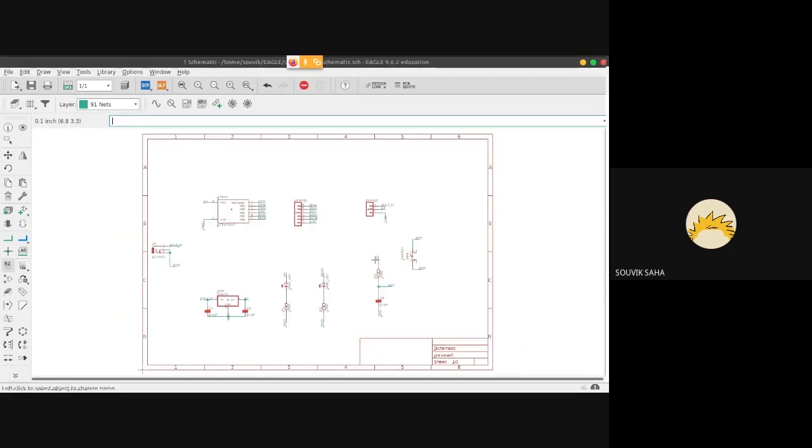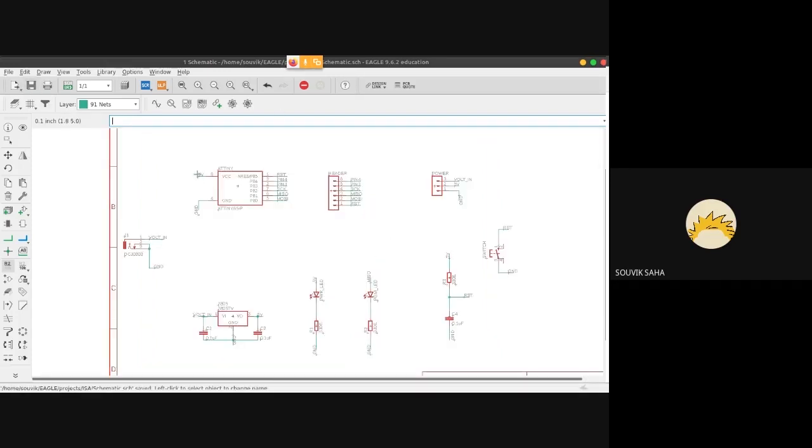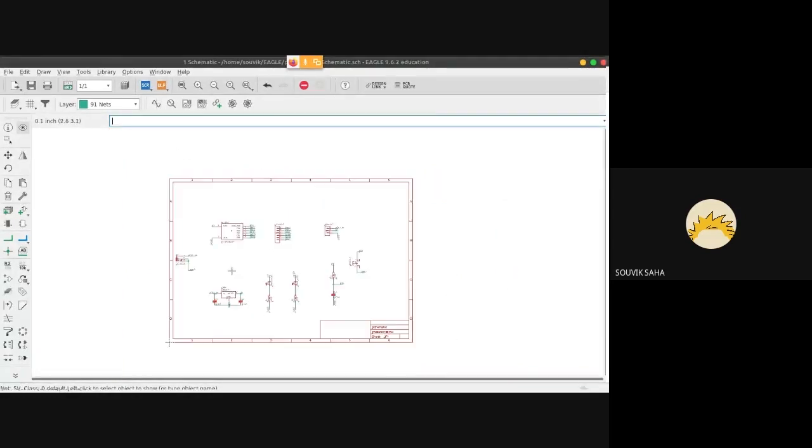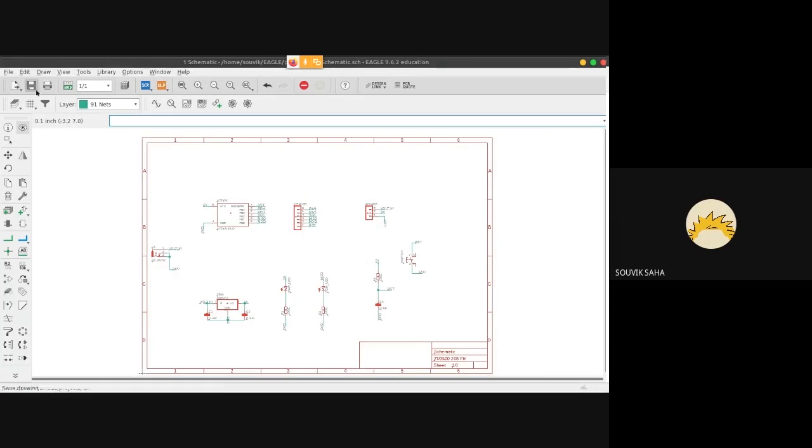For all those who have completed the naming, now we've told Eagle how our board is supposed to be connected. I'd like you all to just click on any particular pin and you'll see them all lighting up on the board. So that means that Eagle knows that 5 volts is here, here, here, here, and wherever else they are. So this is you telling Eagle that these pins need to be connected. Once you've finished with that, I'd like to show you one thing.